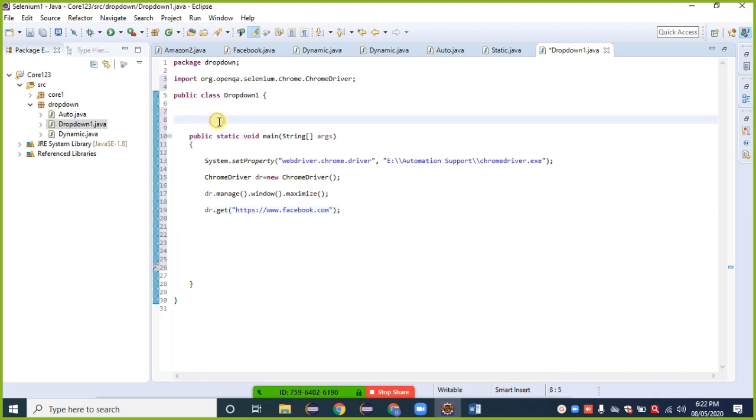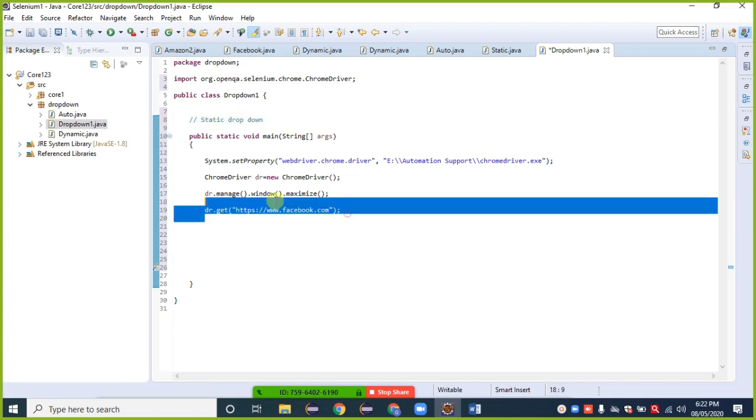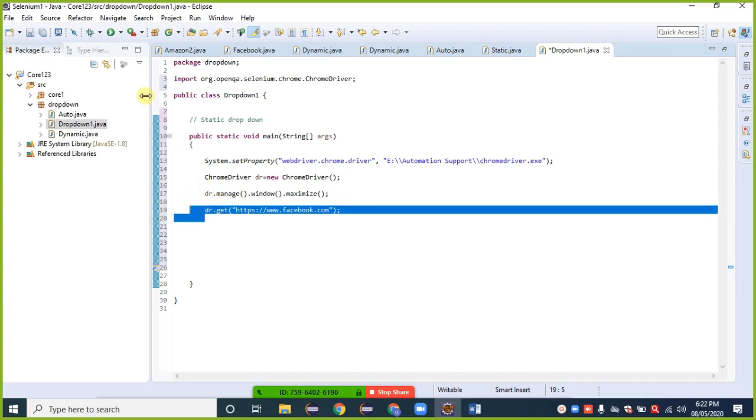Okay, so here we are handling a static drop down. By using this step, the Facebook main page gets opened.